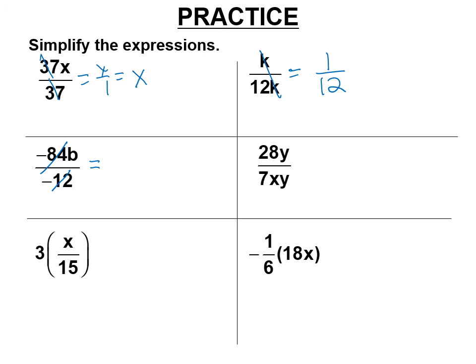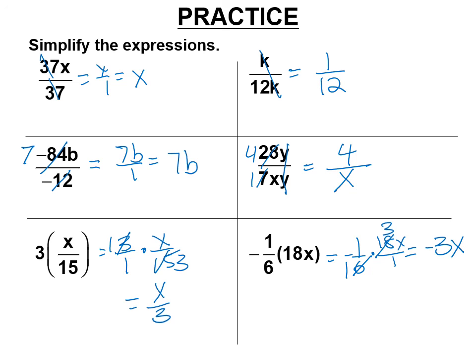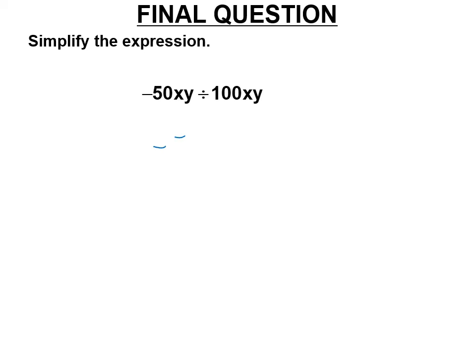Two negatives make a positive, right? So this becomes positive 7. So we have 7b over 1, which is 7b. The y's cancel. We have 4 over x. So you can rewrite this